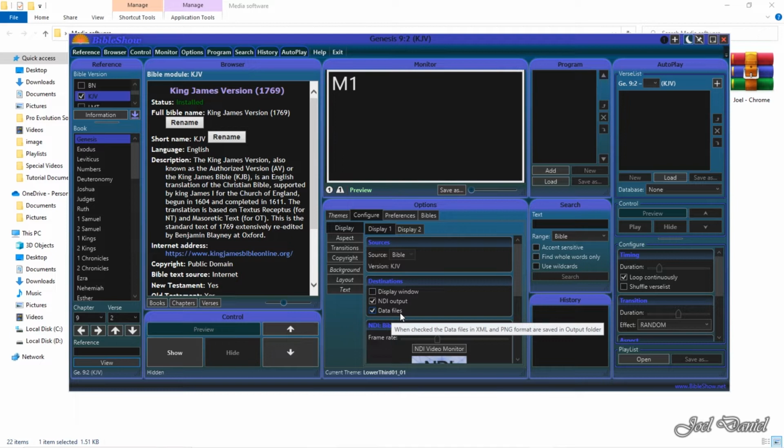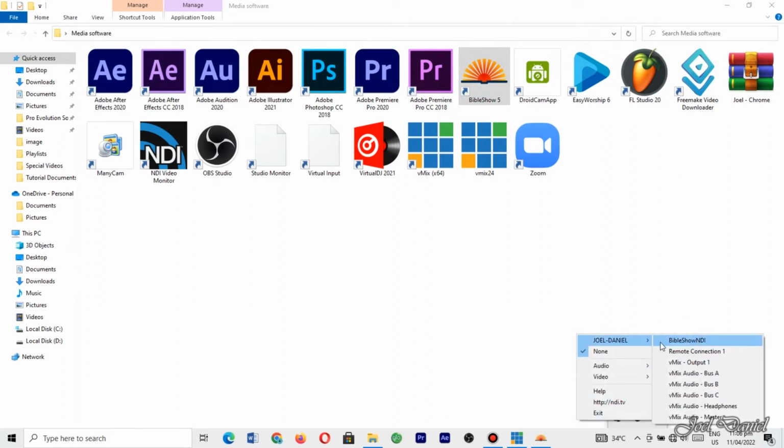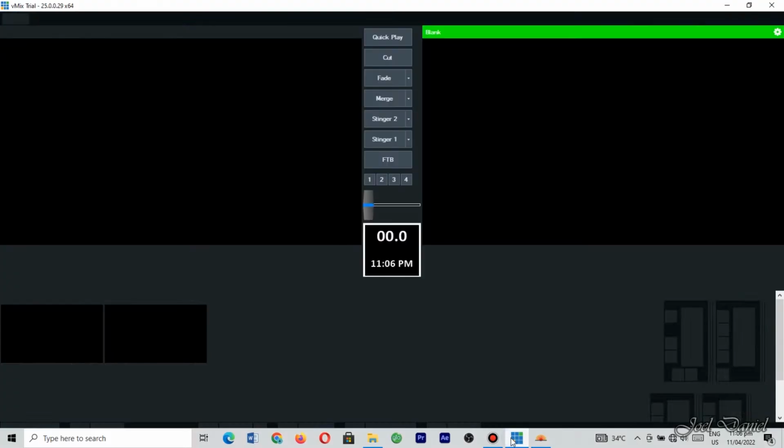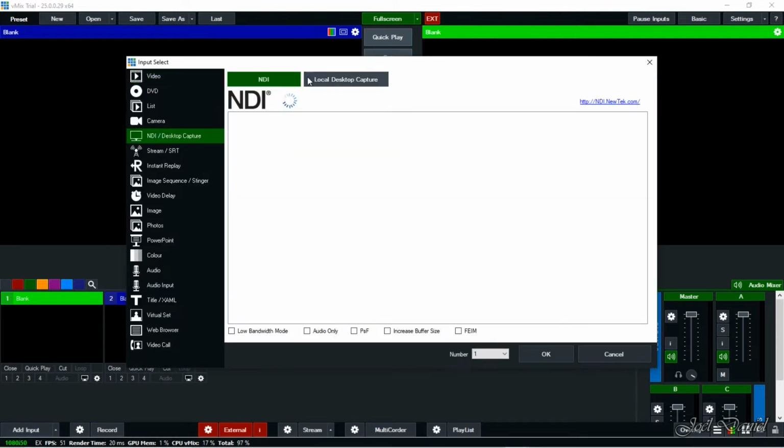This data file is for using your Bible Show with vMix through data source. I'll post the link in the description. After enabling your NDI output, it will automatically appear in your NDI webcam, shown here as Bible Show NDI. So you now have to go back to your vMix, add input,